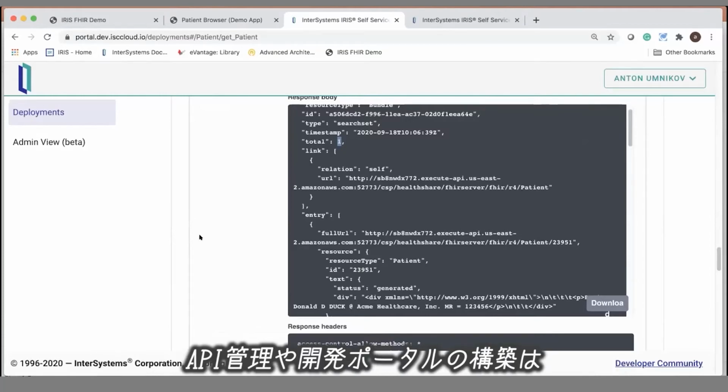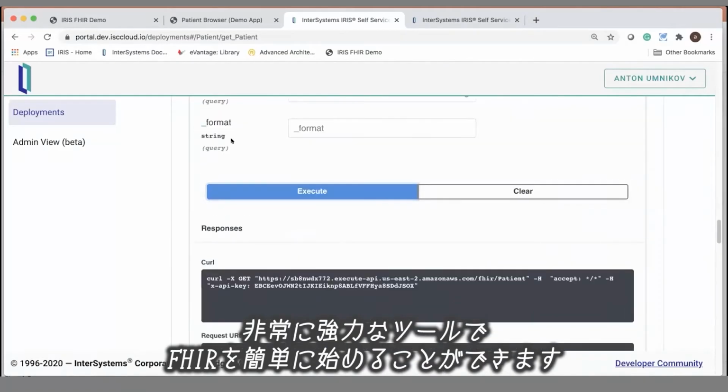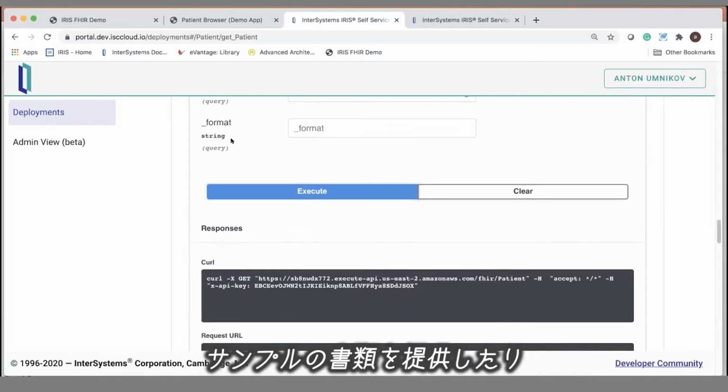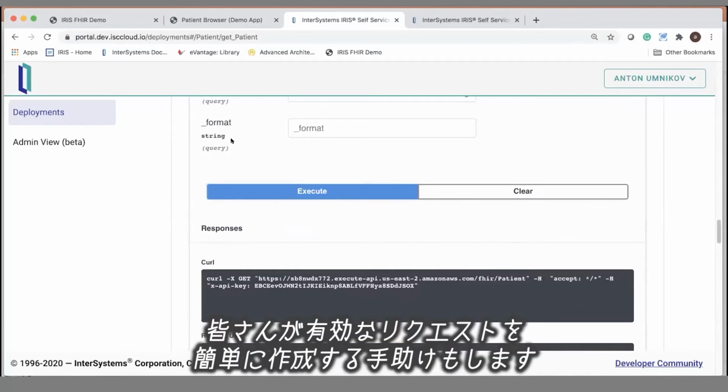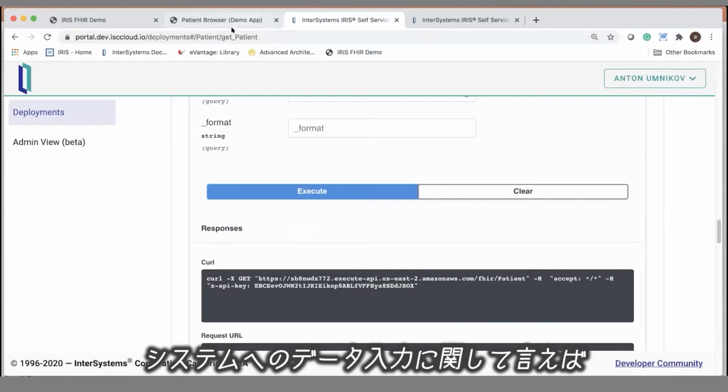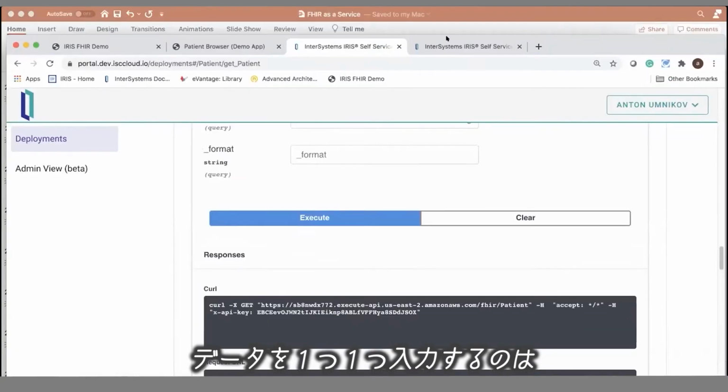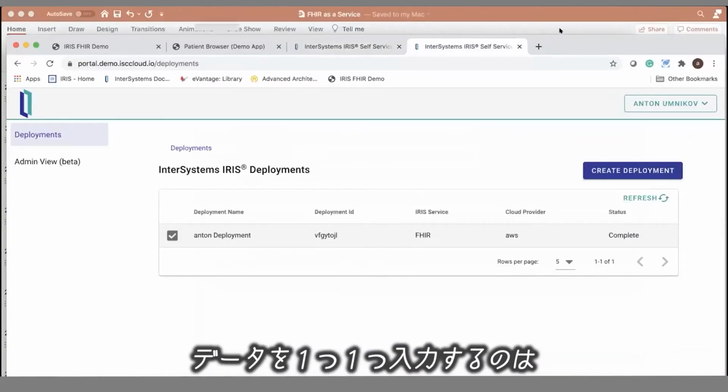So the built-in API management and built-in developer portal are a very powerful tool that can get you easily started with FHIR. It provides you with sample documents. It helps you create valid requests fairly easily, fairly straightforward. Now, speaking of entering data into the system, you probably would not want to enter data